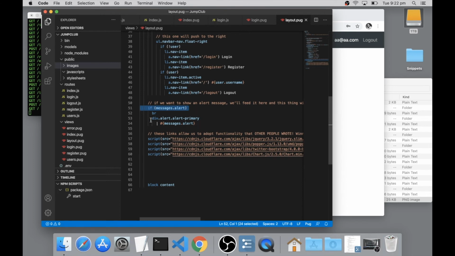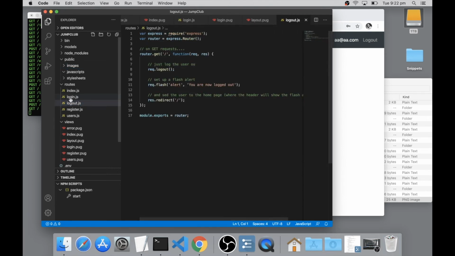So let's have a look in our logout route. And in our logout route, we see this. So if we hit the login page, we're going to hit this route with a GET request. And all that's going to happen is Passport's going to help us log out. They're just going to do the logout here. But then the Flash package is going to say, here is an alert message, call it an alert message, and the content of the message should be this: you are now logged out. It's just going to send the user to the home page